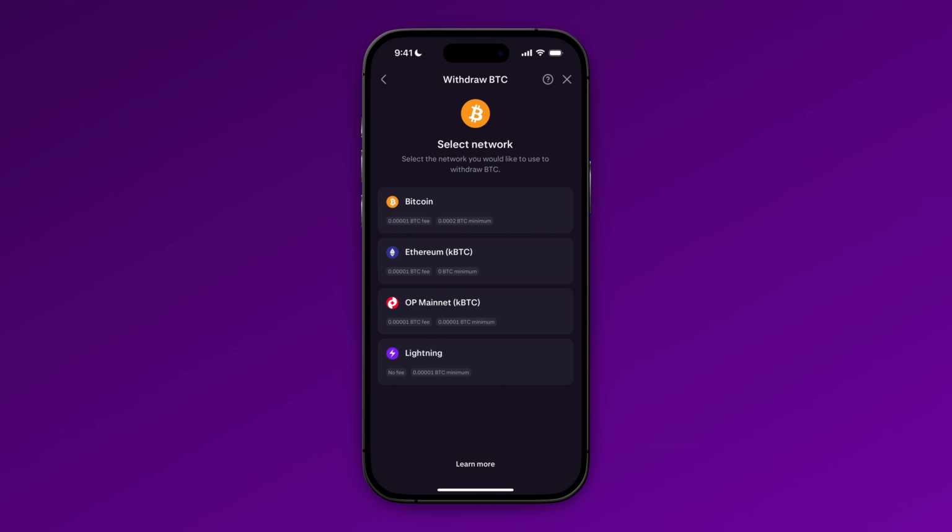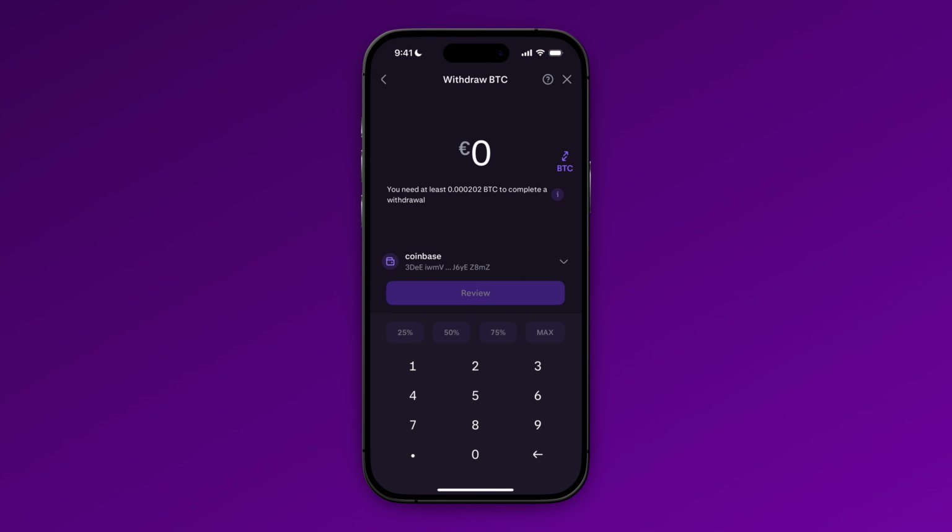And here we're going to select a network. And please make sure that you select the same network in here as you will select on Trust Wallet. So I'm just going for Bitcoin. Let's click on done. So in the wallet section in here, you're going to click on add new wallet address